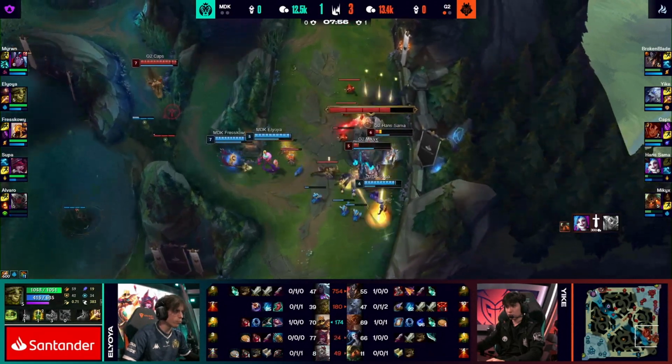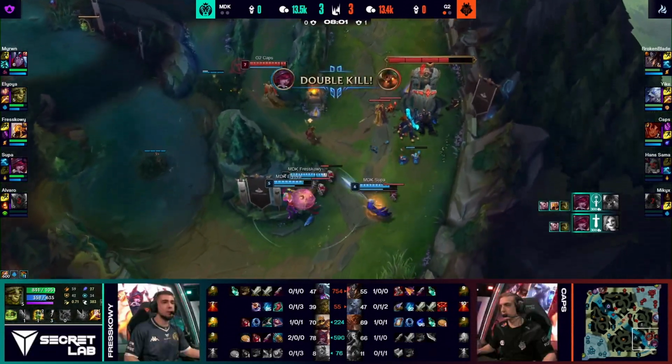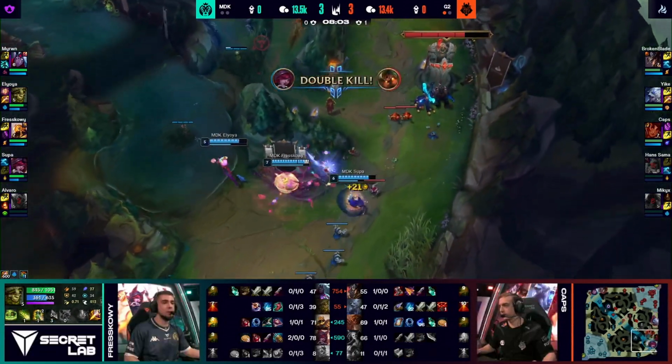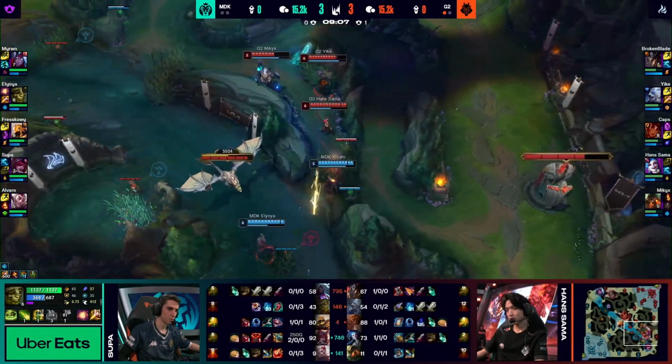MDK fumbling the dive. Feathers going to fly. Hansama tries to back off, he just doesn't have enough health, enough time. The pullback clean from Zupa to ensure that they get the double. The Glacial, maybe it's G2 looking to just punish the fact that he's now got no summoner spells and no